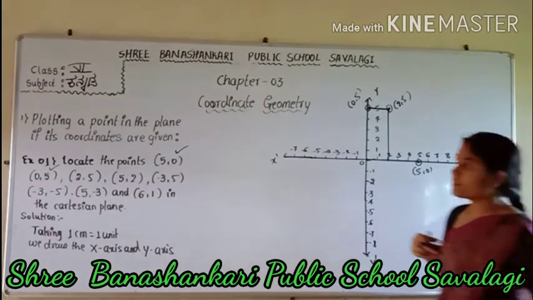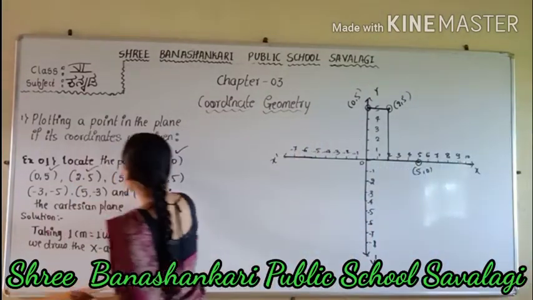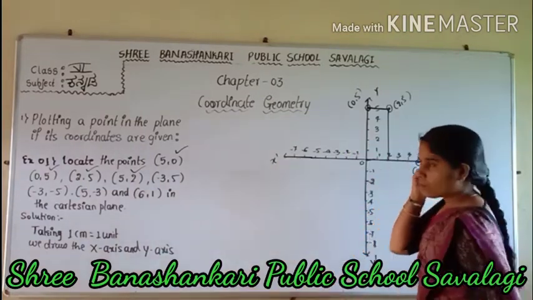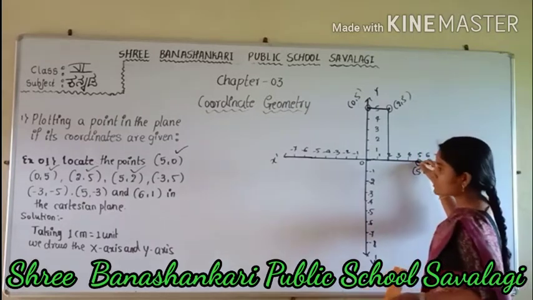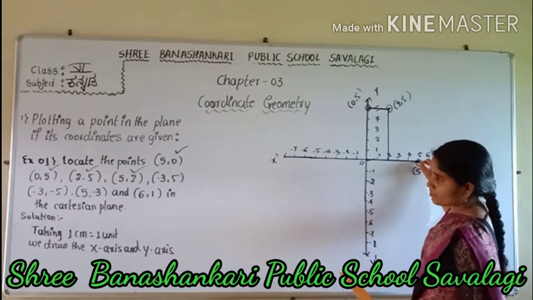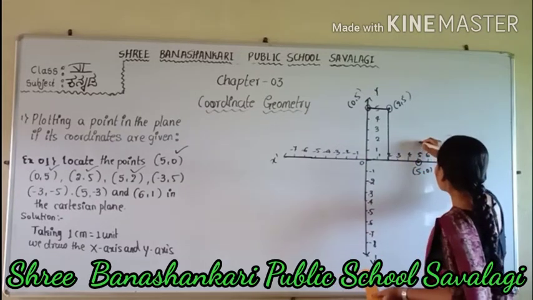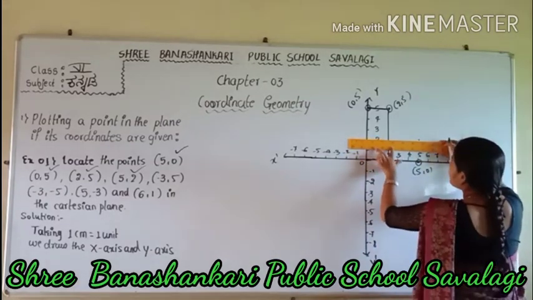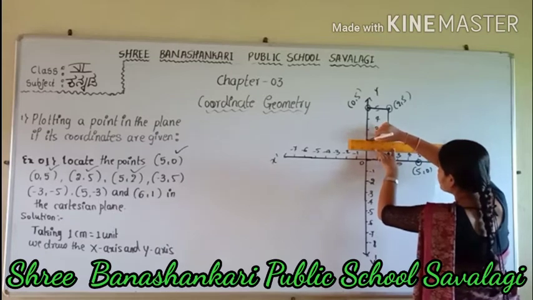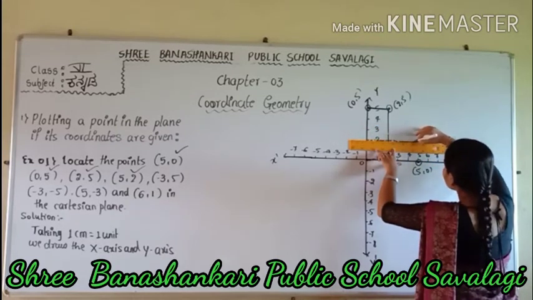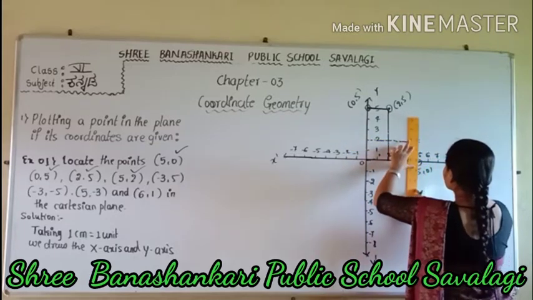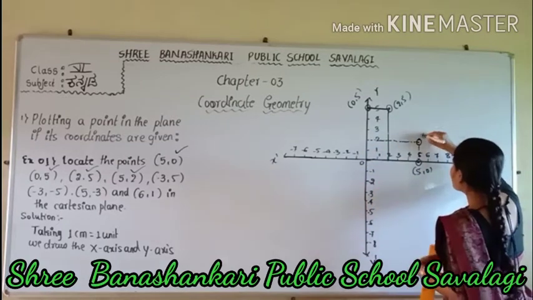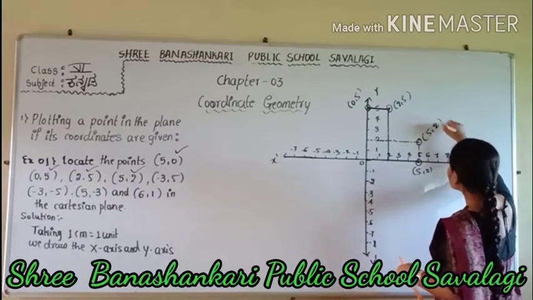And next we go for another point, that is 5 and 2. Here 5 is the positive coordinate of the x axis. Positive point means it comes here, and the y coordinate is 2. Where these 2 points meet, we get the point of the given coordinates. That is the location of the given coordinates, and this is the location of the 5 and 2 coordinates.